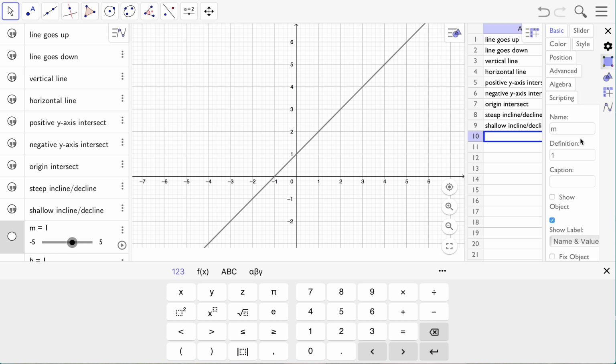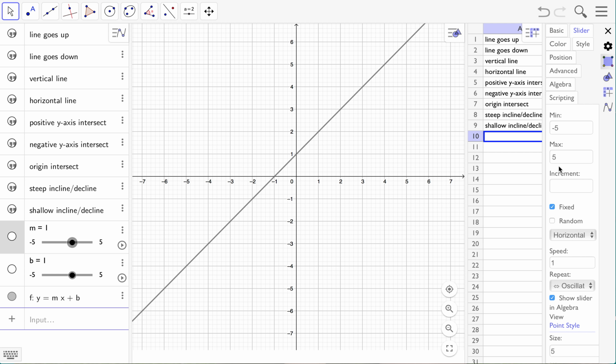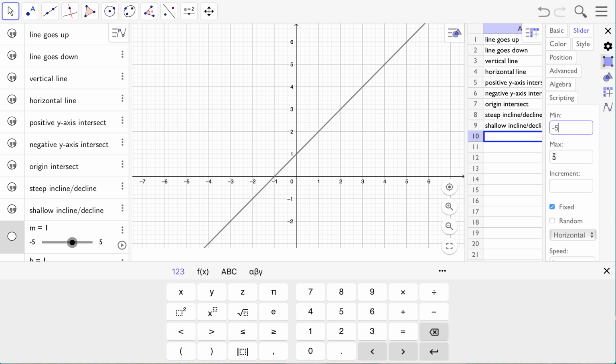Over here on the right hand, the name is M, and let's go to the position, or basic maybe. Let's see, slider, here we go. Select slider, and I want a minimum value of -5 and a positive value of 5,